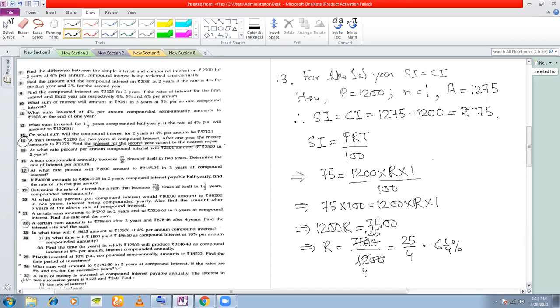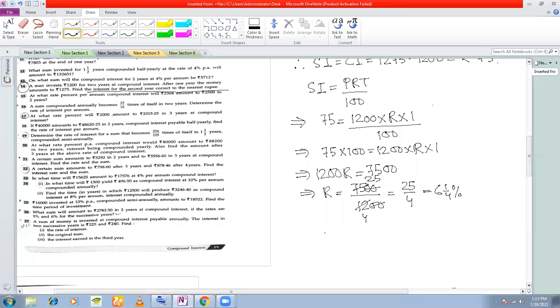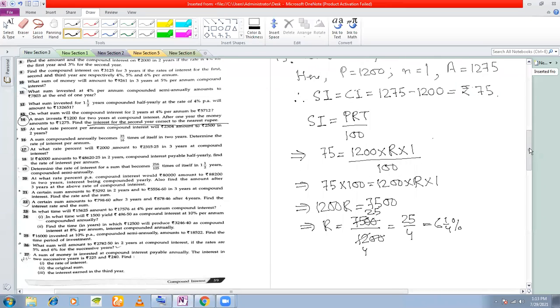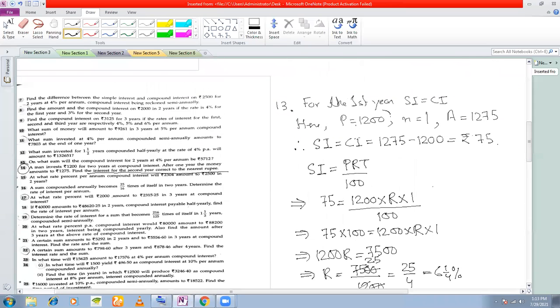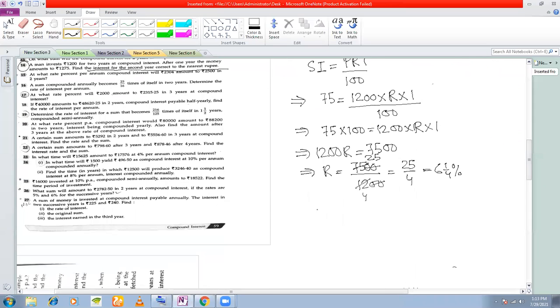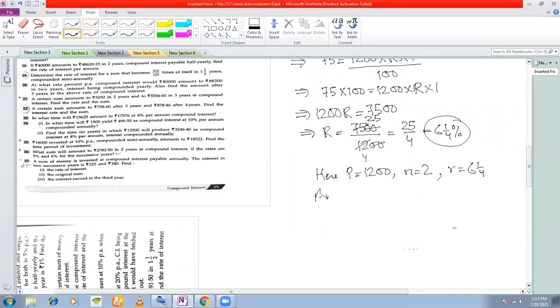Find the interest for the second year to the nearest rupee. Okay. What should be the interest for the second year? How do we calculate the interest for the second year? What is the principal here? 1200, right? So again here, initial investment was 1200 rupees. Invested for how many years? 2 years. At what rate we have found? 6.25%, right? So amount at the end of 2 years,